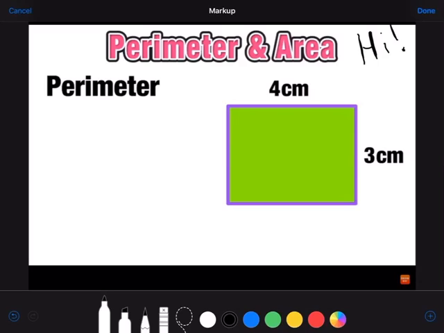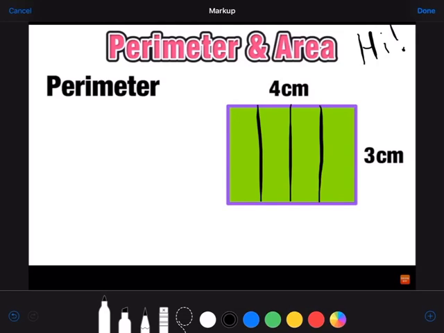I'm here today to teach you a couple of different ways to calculate perimeter and area. The video you just watched was really excellent at showing you one way to solve perimeter and one way to solve area, but you may have already noticed that there is more than one way. So let's start with a way you might have done back when you were younger, maybe only in second